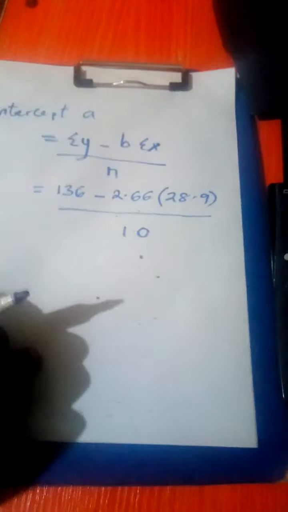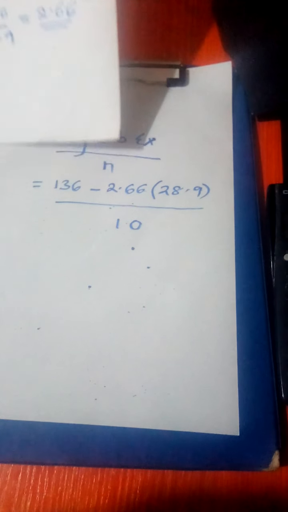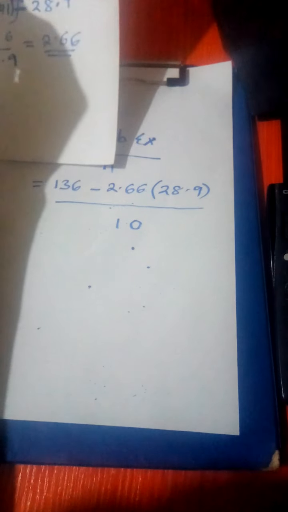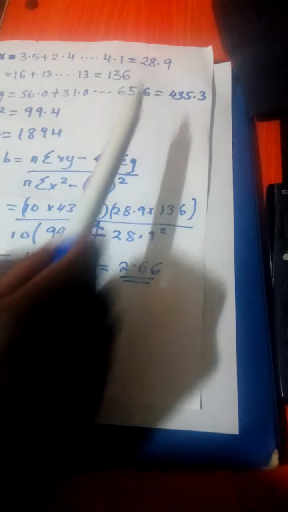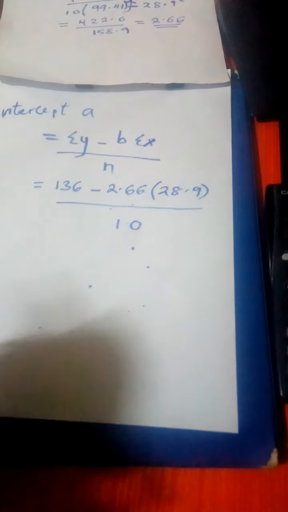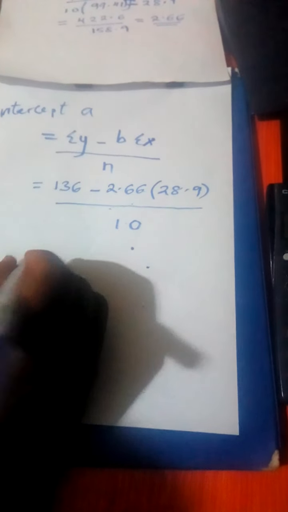These values we had already gotten. 136 is the summation of y, and the value of b is 2.66. We just insert the values, and when we work out carefully, we will get the answer as